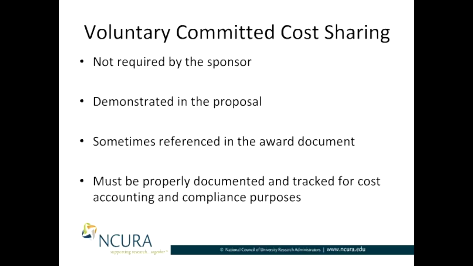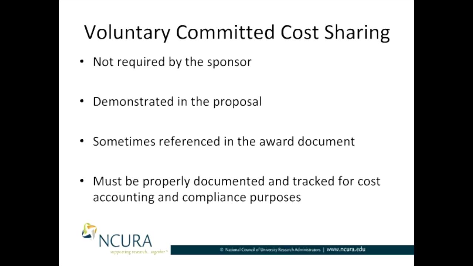I would note here that you may have instances, these are relatively rare, where someone or an organization elects to put cost sharing in at maybe a revised budget stage. That's very unusual, but if it is documented and presented to the sponsor at any point in the process and gets incorporated, we would view that as moving to the line of voluntary committed cost sharing. And I make that note as I'm going to discuss voluntary uncommitted and the differences there in one moment.